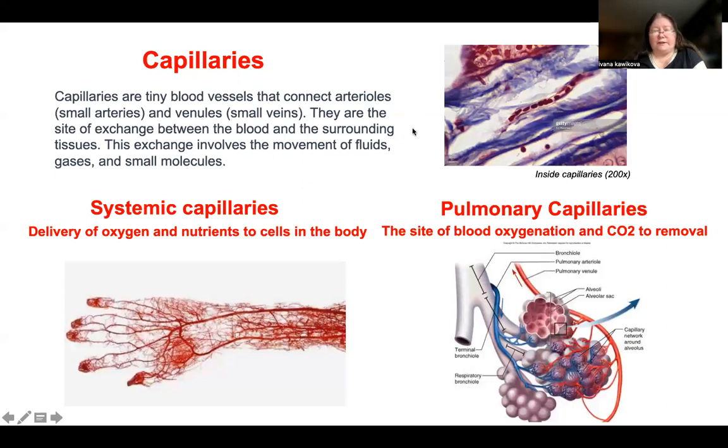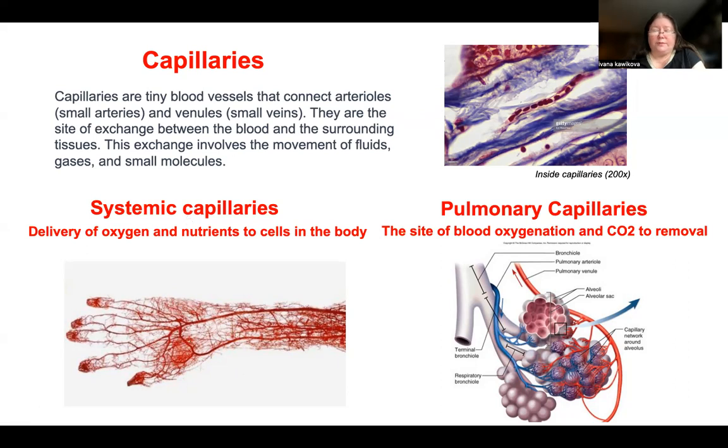So capillaries are very thin-walled vessels. They don't have any smooth muscle. They have only one layer of endothelial cells in their wall. And in this picture, you see 200 magnification of a capillary where red blood cells are at the moment passing, right? So capillaries are very tiny vessels, and in systemic circulation,